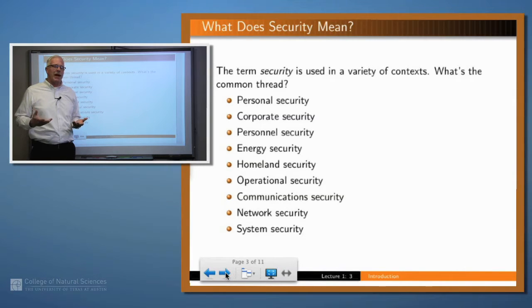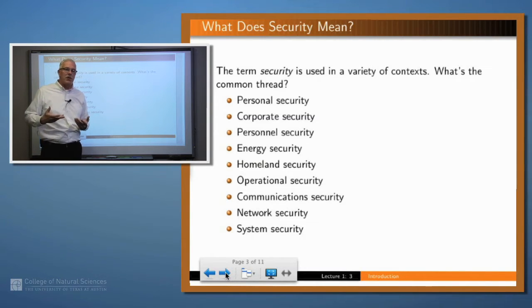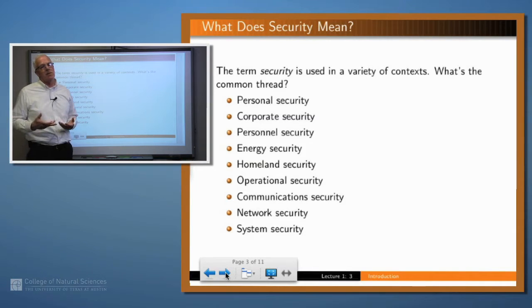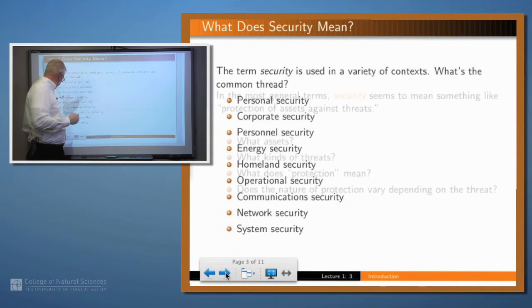So one might ask, what do all those phrases have in common other than the fact that they all use the word security? That is, what is the common thread throughout them? If you could answer that question, you might understand what the word security means. Maybe it means different things in those different contexts. So what does it mean in the context of computer security? That's a little subtle, and that's a big part of what we're going to be talking about over the course of these lectures. But let's try to pin down what security means.